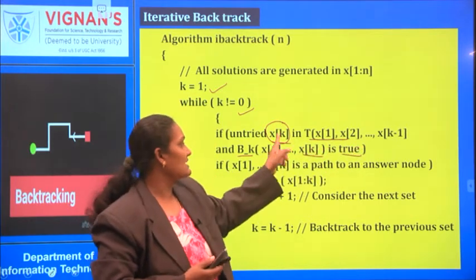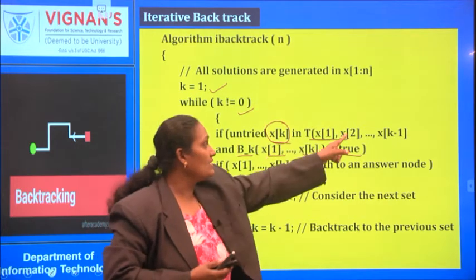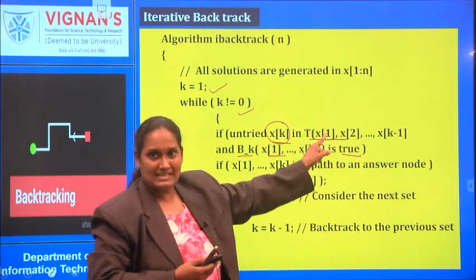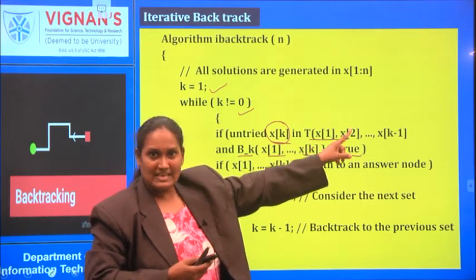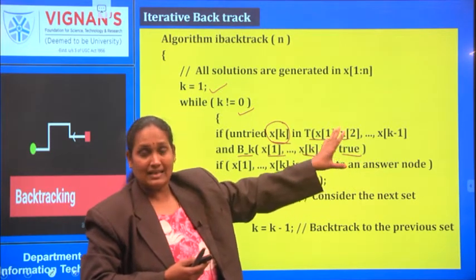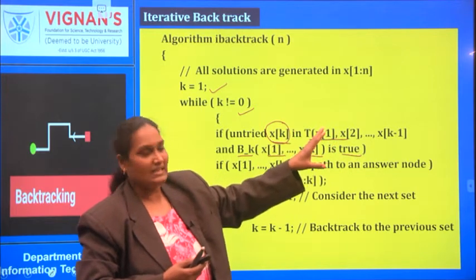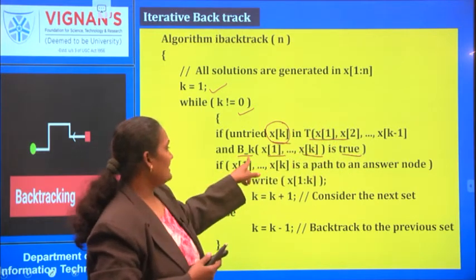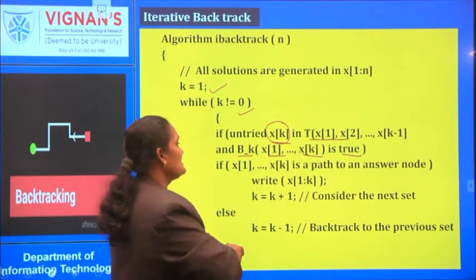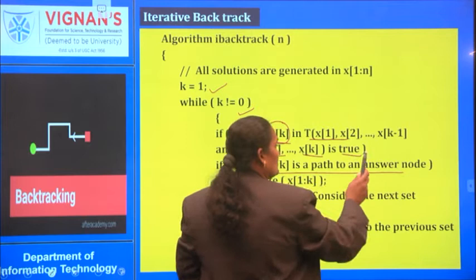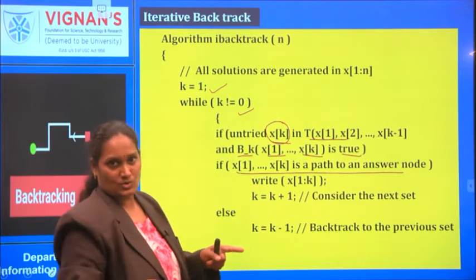Now I selected xk, which is not equal to any of these. Here xk is not equal to x1, xk is not equal to x2, xk is not equal to xk minus 1. Like that, an untried xk value is taken, and if backtracking of x1 to xk is true, and if this is a path to answer node, that is, if it gives a partial solution,